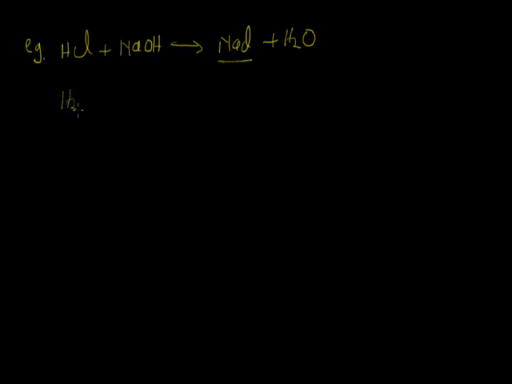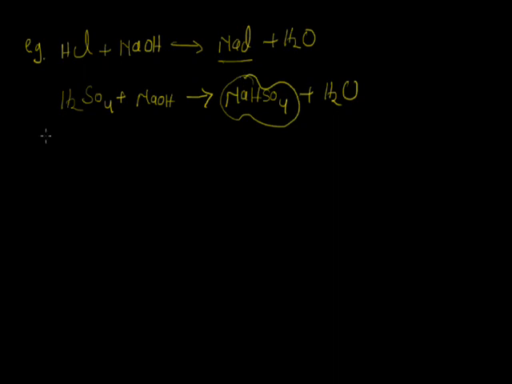But H2SO4 may react with 1 mole of NaOH. In this reaction, the product is NaHSO4 plus H2O. Here the neutralization reaction is not complete. That's why sodium hydrogen sulfate is not termed as a normal salt. For the complete neutralization of H2SO4, the required mole of NaOH is 2. Since H2SO4 gives 2 times H+, for the complete neutralization reaction the required OH- is 2 OH-, which will be obtained from 2 moles of NaOH.